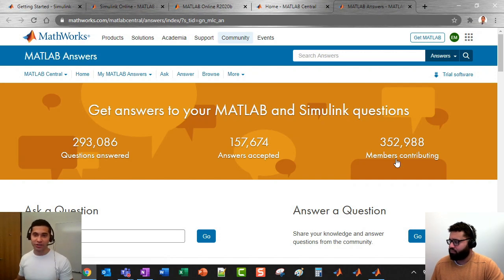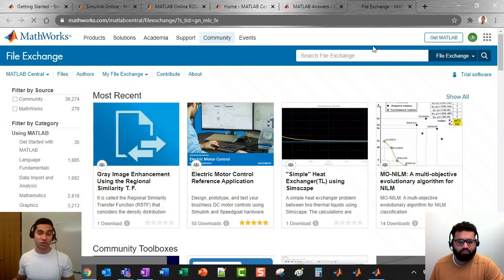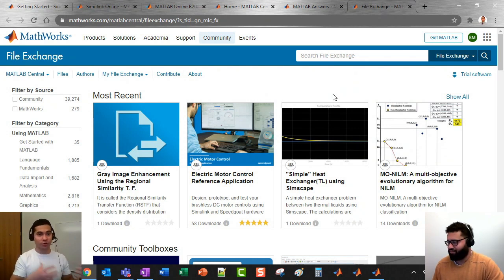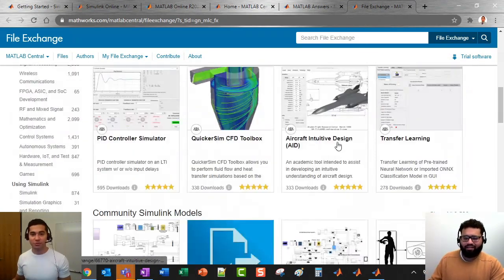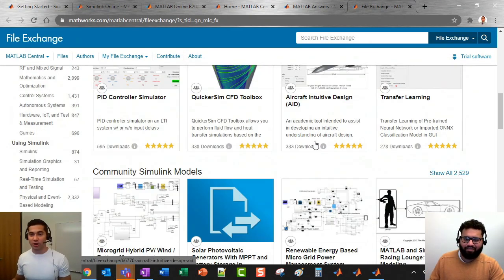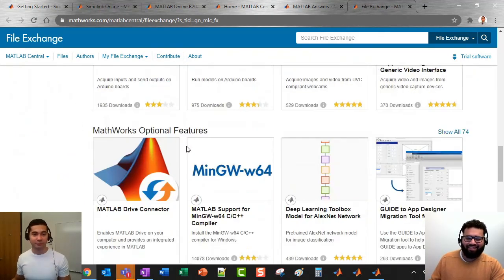The community is working together to answer some of these problems and questions. And something that Connell also mentioned, which is File Exchange. Here you'll see code and entries that are shared by MathWorkers, but also by users in the community, and you can use all these models. These are pretty cool, and you can see some nice applications like aircraft design, vehicle design, working with hardware,